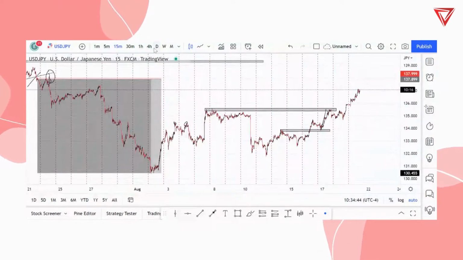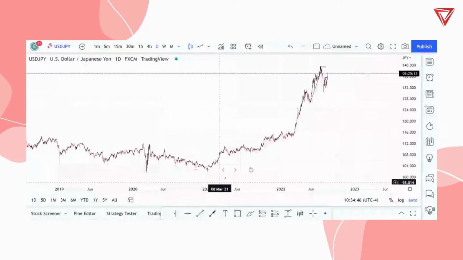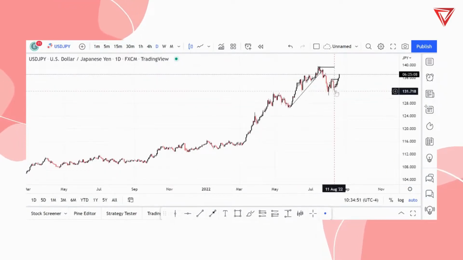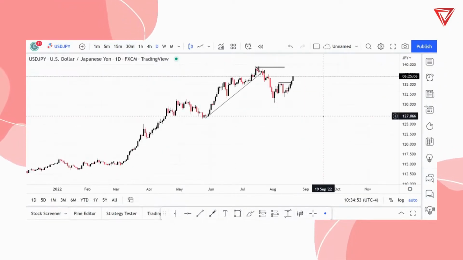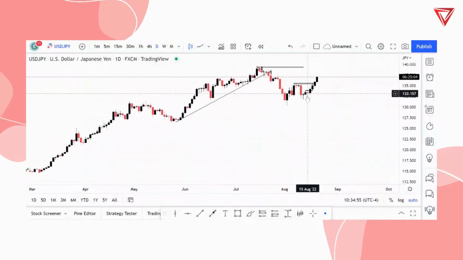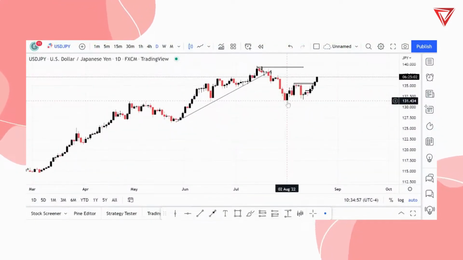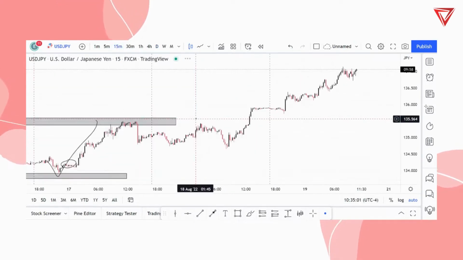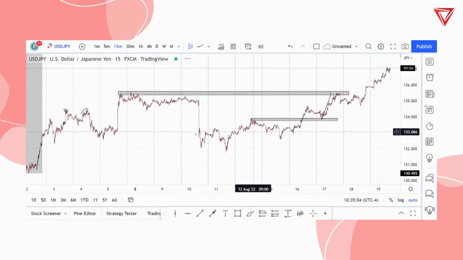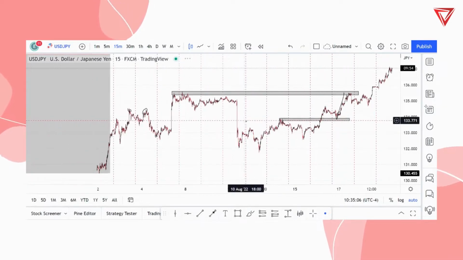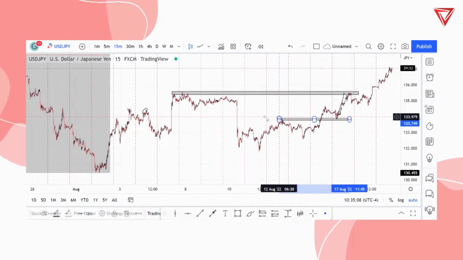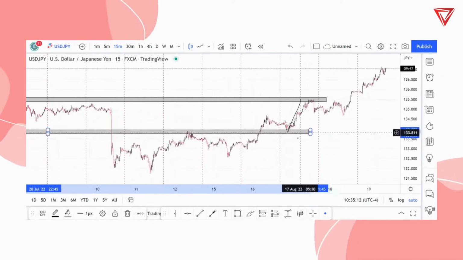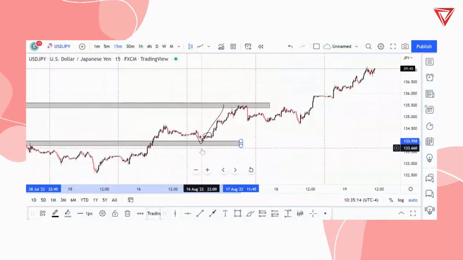UJ, and I said it multiple times this week, UJ is a bull market. Beautiful bull market. Overall, it's bullish. Presently, it's bullish. You know that it is presently bullish because if you look at the hard right edge of the screen, it is rejecting the downside and going back up. So I said that we can have a spike of this area because if you look to the left, this is, and it would have been a bigger area if I'm being honest, but it would have been something maybe like this. We can have a spike maybe to this area and then push off.